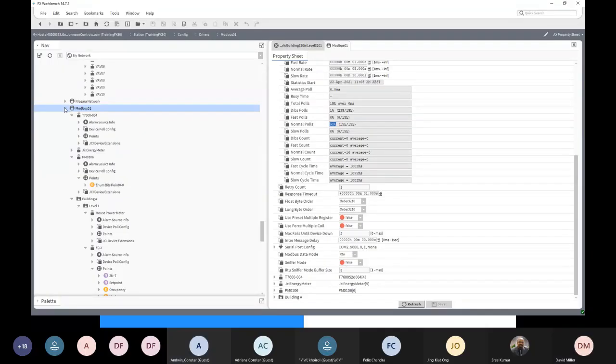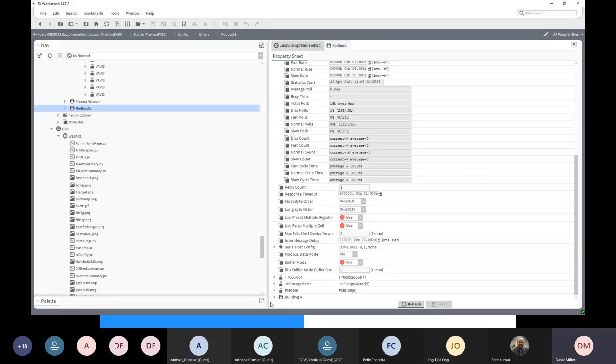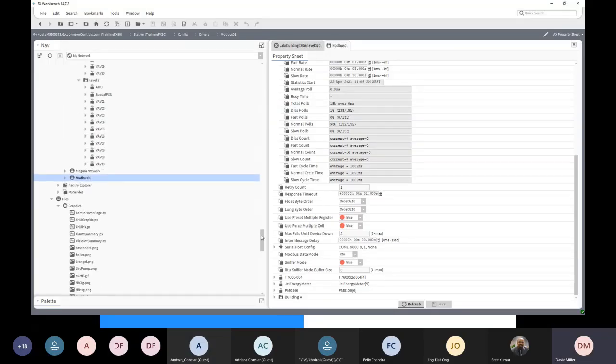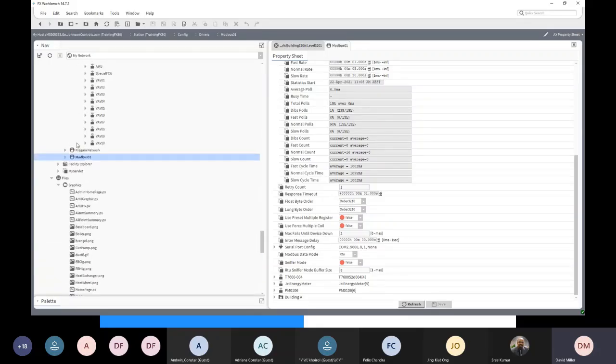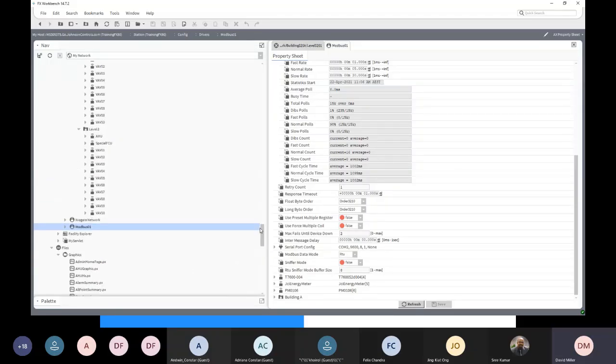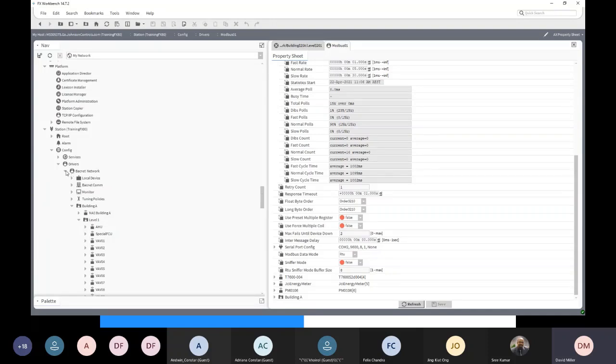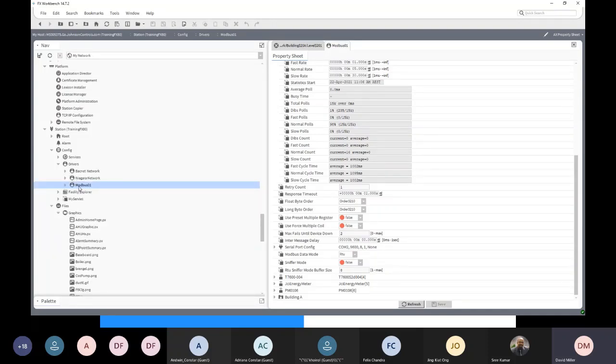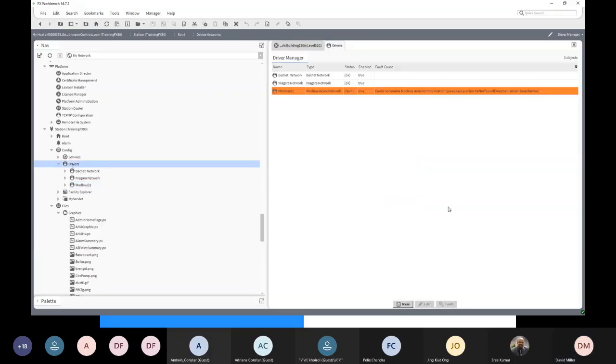Yeah, so Modbus TCP/IP is very, very similar. Now, when we did our new station, we had the choice to also define a Modbus TCP network. We didn't do that, and now we've got the job, we're halfway through, and it turns out we need to add a Modbus TCP network. So to add a network, we go to drivers, and we're in the driver manager. We can go new, and we can choose